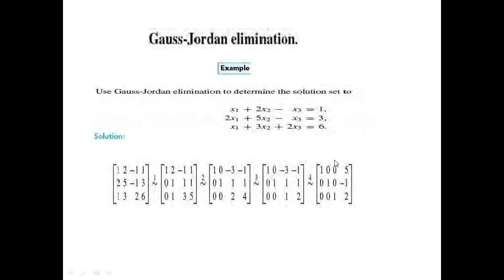So in the last example you may see that this is RREF. The rank of the coefficient matrix is 3, and the rank of the augmented matrix is also 3. Both are equal to the number of unknowns, which is 3. So since the number of unknowns is equal to the rank of the coefficient matrix and the rank of the augmented matrix,